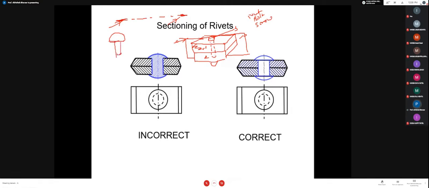Your rivets will be like this. It will be cylindrical in shape over here and it will have a cap. Okay, so if I want to draw it, when we apply the force from the bottom, this portion is going to convert into this form. So that's why it has been drawn like this.